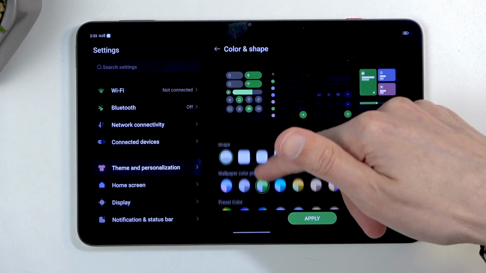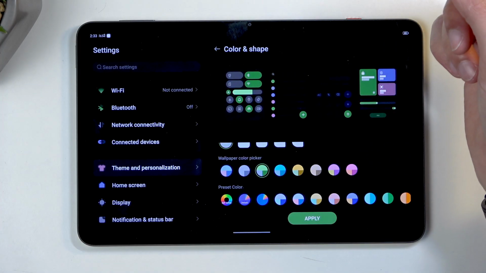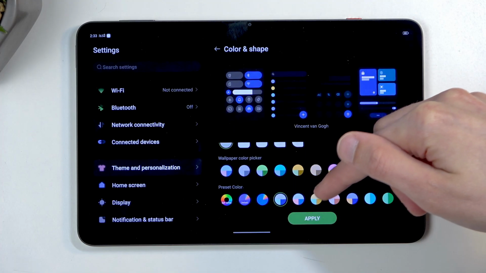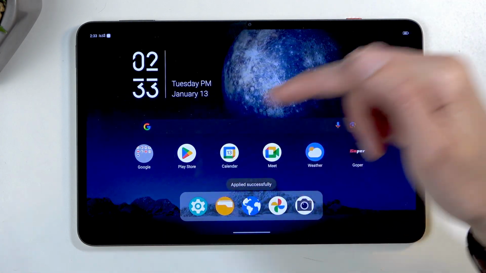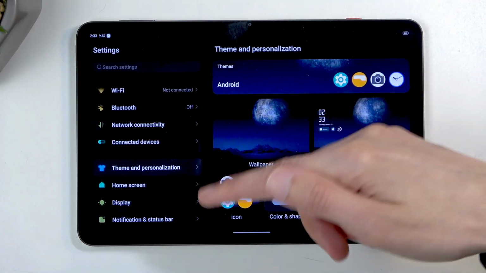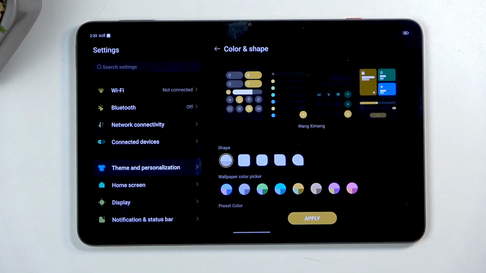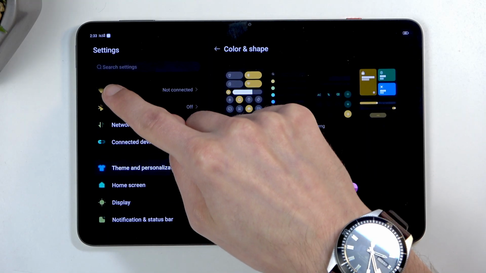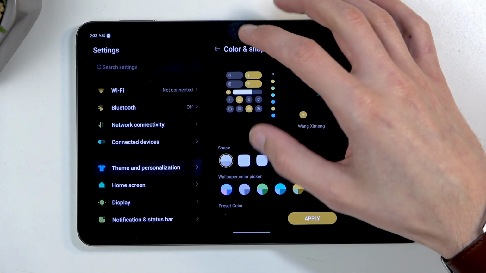Now we have some other options below as well. Let's quickly check one of those. Let's pick something multicolor. There we go. See how that looks like. So I'm checking multiple different ones. Some devices have this kind of crappy way that when you change the colors right here, it will make every icon, for instance, right here be the same color. It starts to look very bland, so I just wanted to make sure that it doesn't do that right here. But in any case,